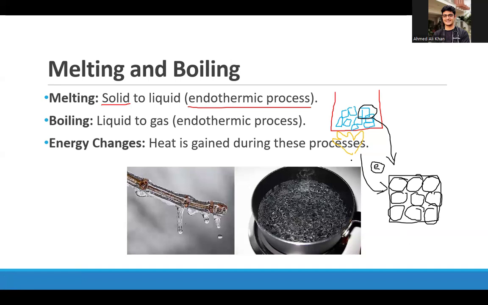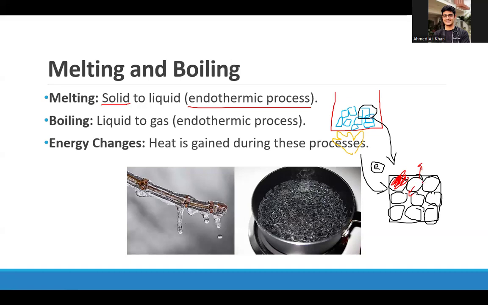So when you're adding energy in the form of heat, this heat energy is being converted into the kinetic energy of these molecules. So what will happen is these molecules will start to vibrate very fast. Okay? They will vibrate at very high speed, back and forth. In solids, they were very close together, right? But when they start to move very fast, this will weaken the intermolecular forces between these molecules. Okay? इनके बीच में जो attractive forces थी ना, they will start to weaken